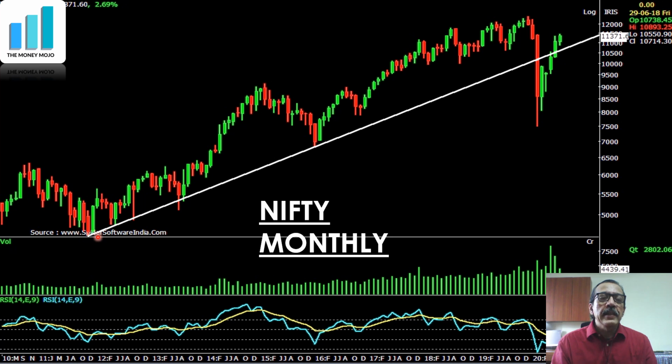So one other key rule that I wanted to talk about. This is again the Nifty monthly chart, but I have zoomed out so you get to see a smaller picture, and you see that these were the 3 points I used to connect to form this trend line. These 3 points. Now you will see that here, for example, there is a small break of this trend line. Similarly, here you will see maybe a small break. So you will say the trend line is not perfect. You have drawn it deliberately like this.